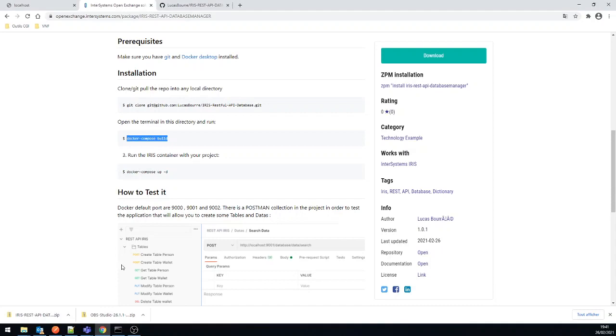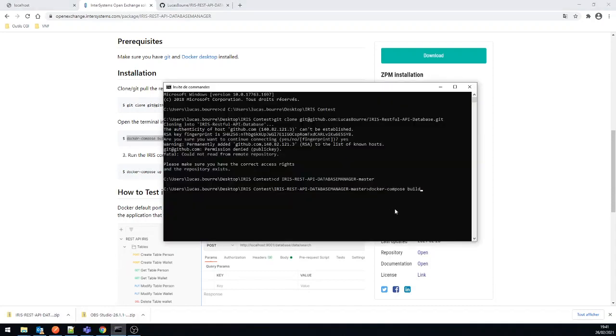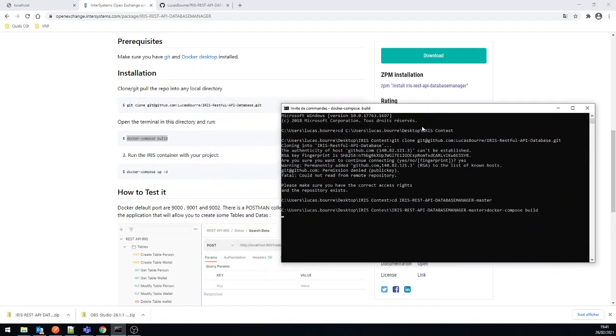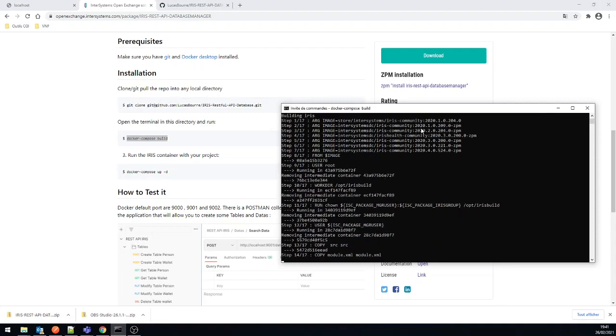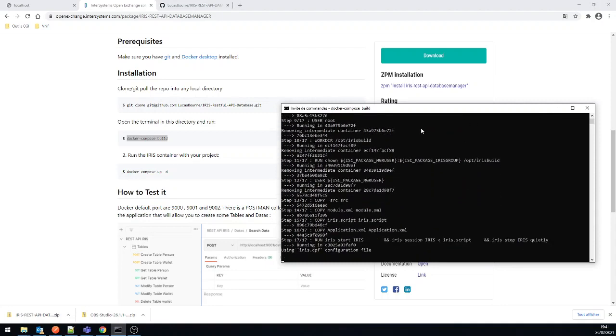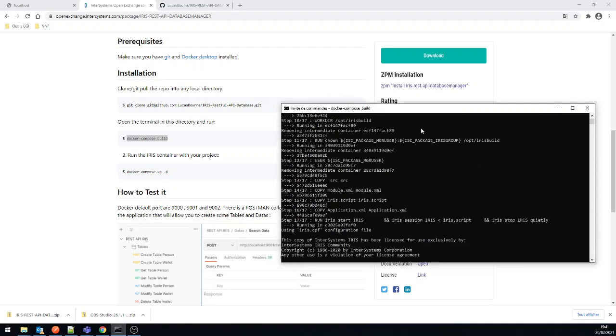Okay, so this is an application to create persistent tables and data in a cache database. You can use the REST API with methods like POST, GET, PUT, and DELETE, so you can use CRUD. It's a generic REST API application using classes like dictionary and property, for example. Yes, all right, thank you.